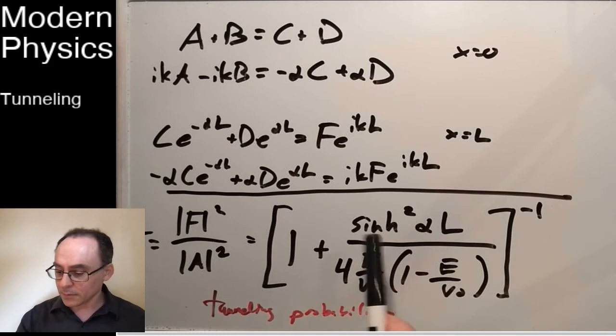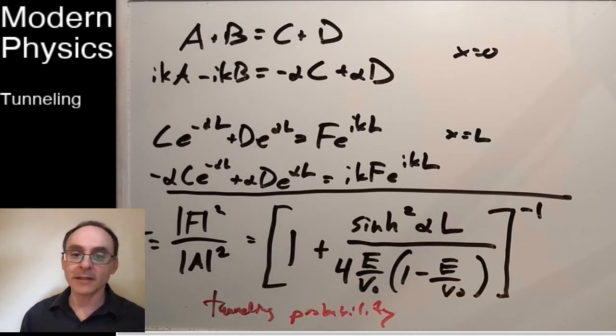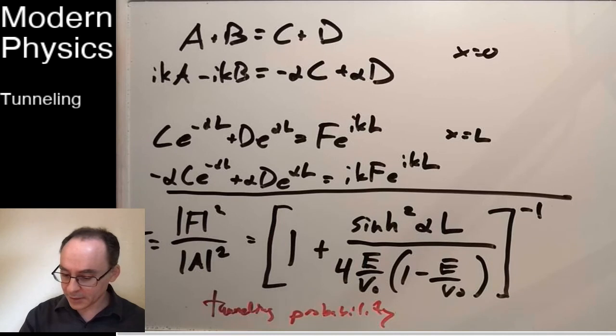So if you remember hyperbolic sine, that's something you have in your calculators anyway, but it's basically related to real exponentials. Hyperbolic sine is e to the x minus e to the minus x, divided by 2. So if you plug that in, this is a nice compact way of writing that. So you see, you get this